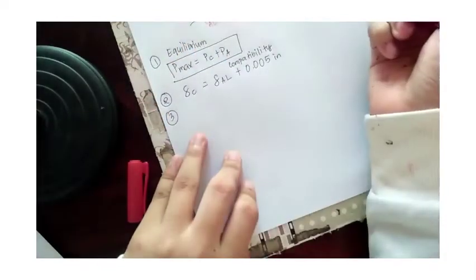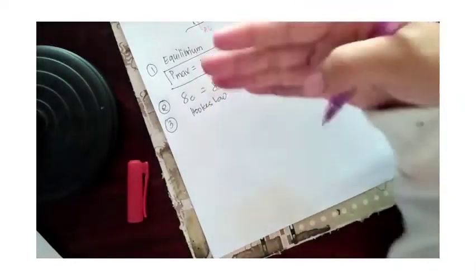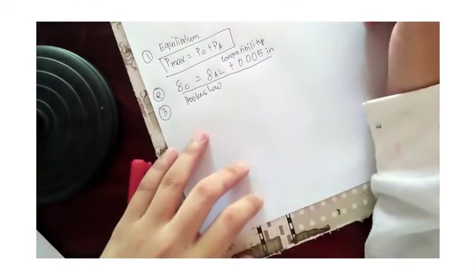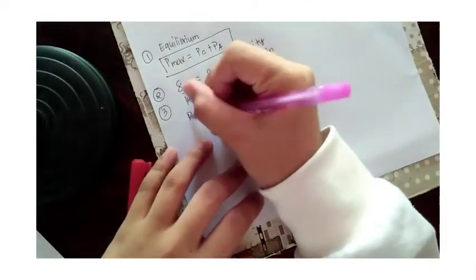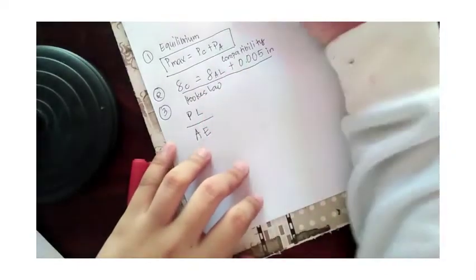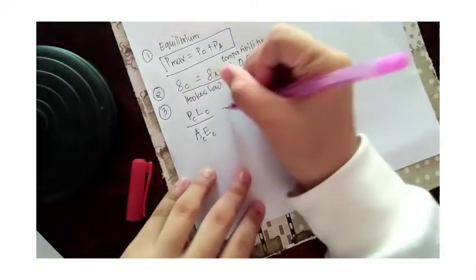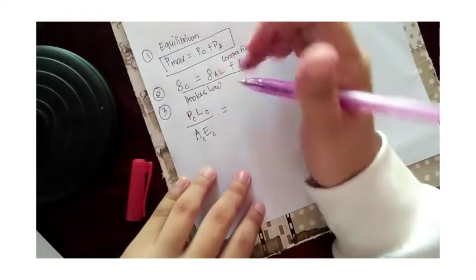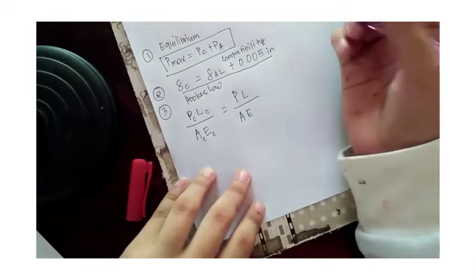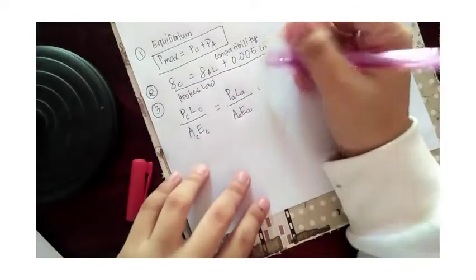Then, the third step is Hooke's law. With Hooke's law, we just substitute the deformation formula into the equation above. The deformation formula is PL over AE, which should be subjected to copper, so let's label it with C. Then equals the deformation of aluminum. The formula for the deformation of aluminum is PL over AE, and we label it with the letter A. And plus